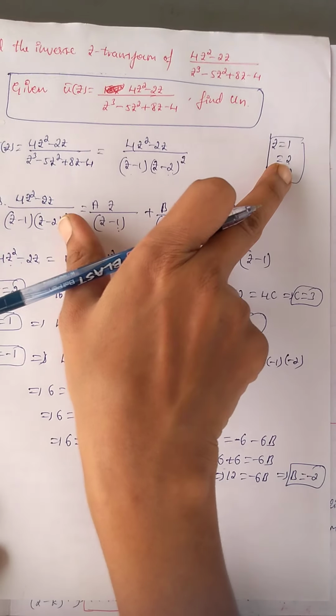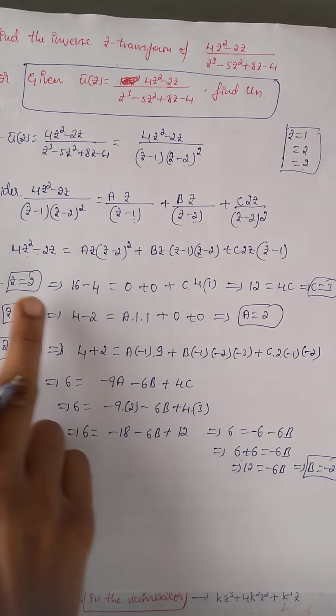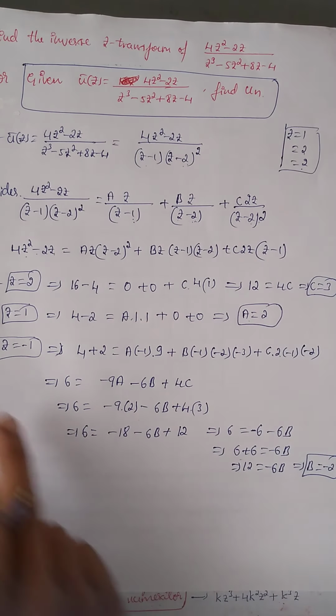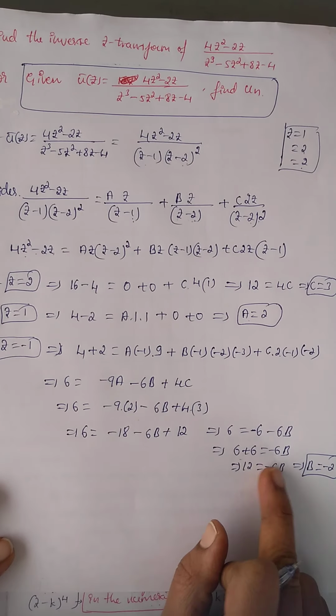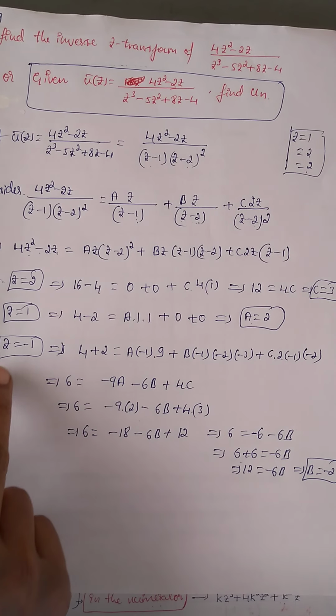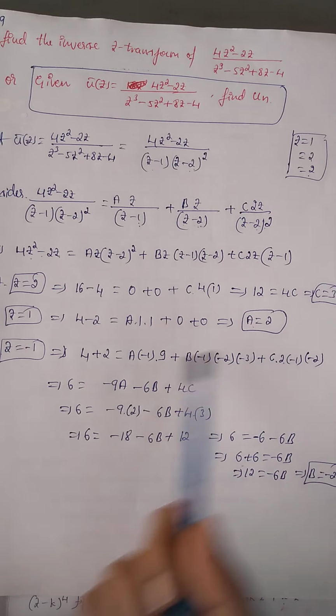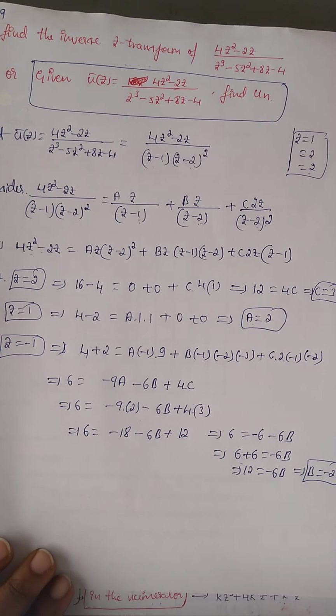Directly substitute these roots. Okay, this z minus z is equal to 2 and 1. Directly we get two constant, two unknown terms. For finding the third unknown, okay, substitute z is equal to any simple value. Solve, we get linear equation. The equation substitute previous values and solve, we get third unknown.